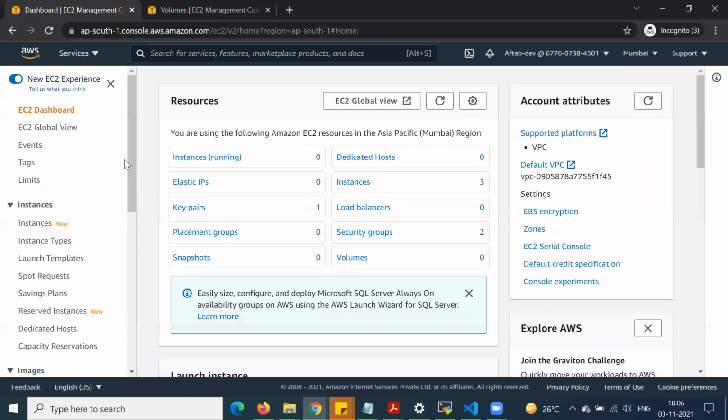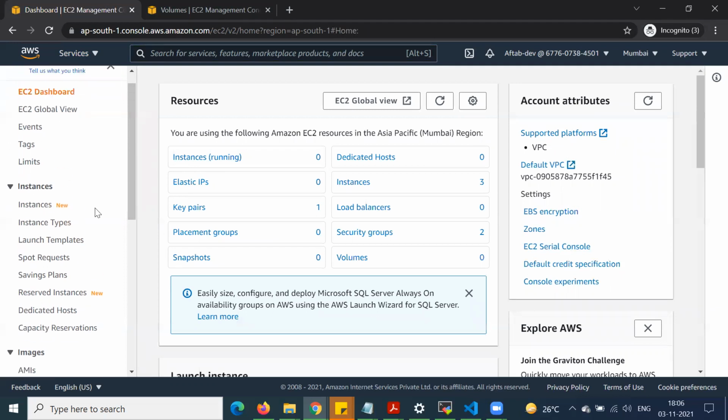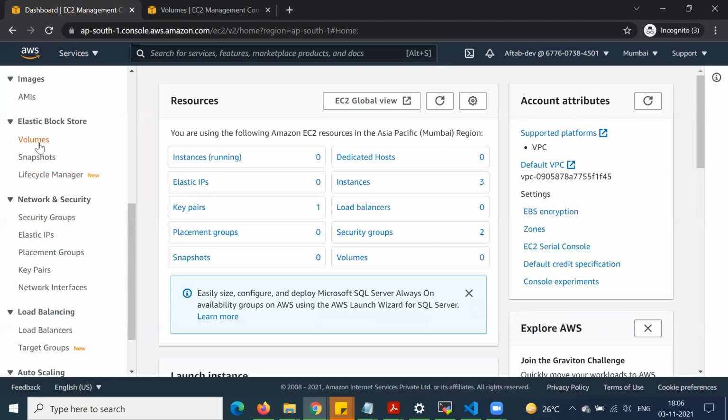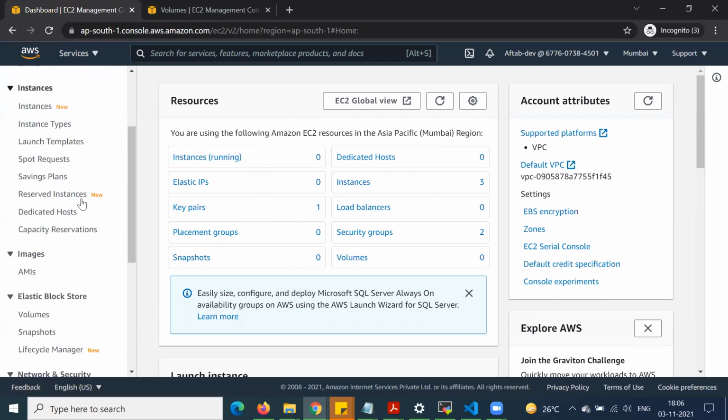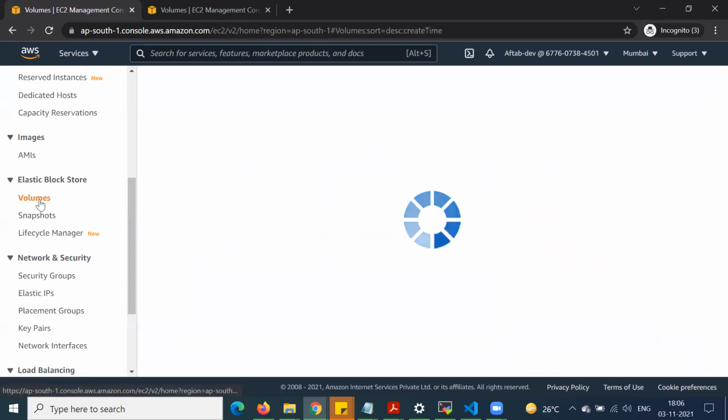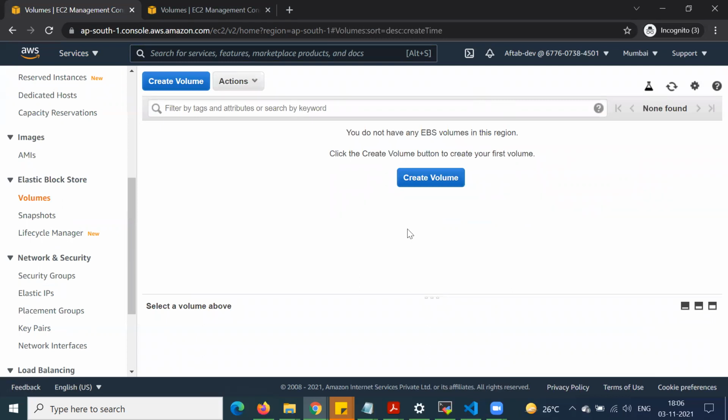First of all, while we are trying to create, you can see this EBS volume type from here in the Elastic Block Storage. We are able to see on this dashboard that there are no instances running, and if we look at volumes, we are not able to find any volume, right? If we already have some volume, then we will be able to create an EBS volume from the existing volume, right?